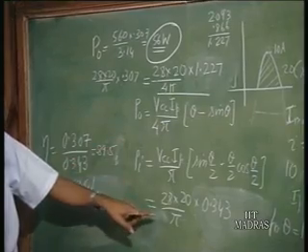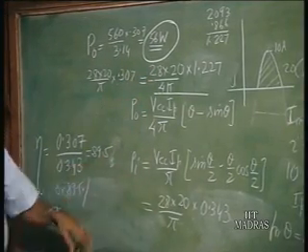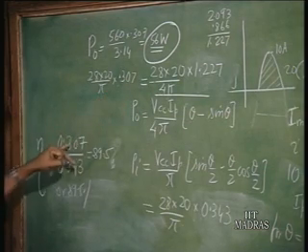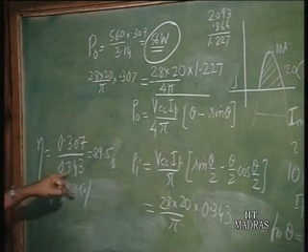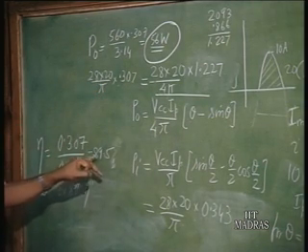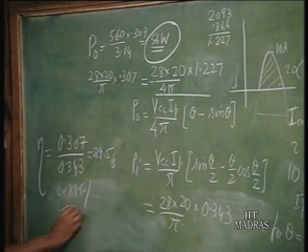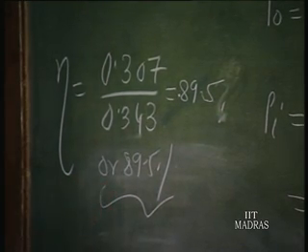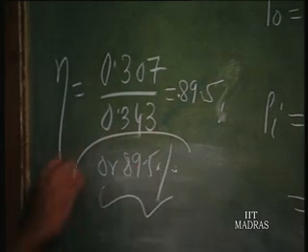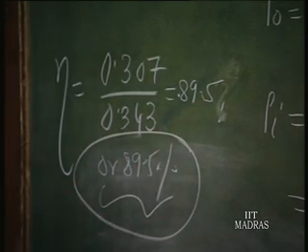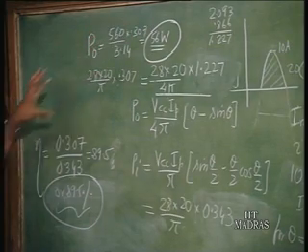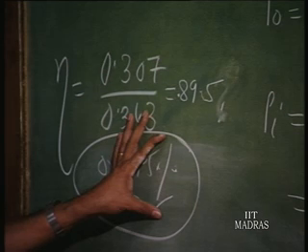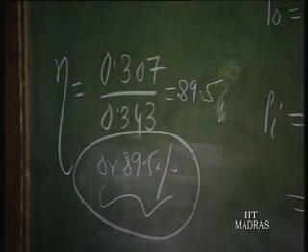So, if you now take the ratio efficiency, this being common in these two, output power by input power, these will get cancelled, you will get the 0.307 divided by 0.343, which is about 0.895. Our efficiency is almost nearly 90%, 89.5%. This is the other answer. In the design, output power is 56 watts, efficiency is nearly 90%, that is 10% of the power is only